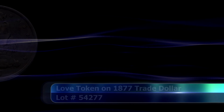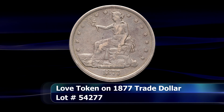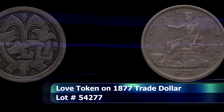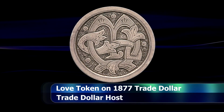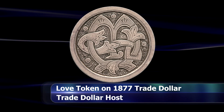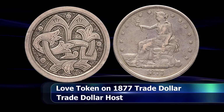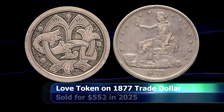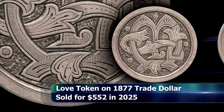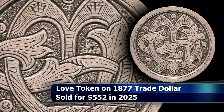$1,200. Love tokens are usually fascinating to encounter. Within this context, crafted on a coin, usually with the lover's initials entwined on one side, as a token of affection or a promise to return from a long journey. You can't help but wonder who these people were, what their story entailed, and if, like in the Hollywood movies, they ever got their happily ever after. An exquisite example of a love token crafted on the reverse of an 1877 trade dollar was sold for